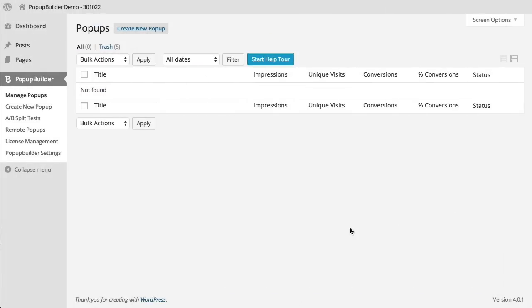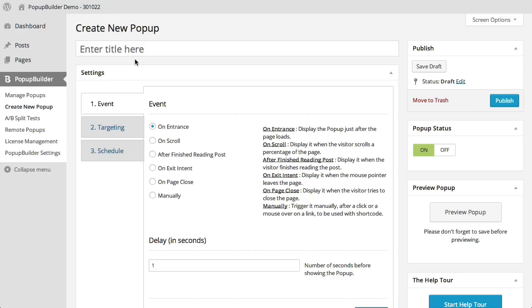So here we are at our WordPress dashboard, and as you can see, I've gone ahead and changed the WordPress dashboard theme, and I did that on purpose to show you how PopupBuilder is going to blend with your current WordPress colors. Now, before we create a remote pop-up, we're going to need a regular pop-up for it. And I'll go ahead and create a new pop-up up here, and I'll name it Assassin's Creed